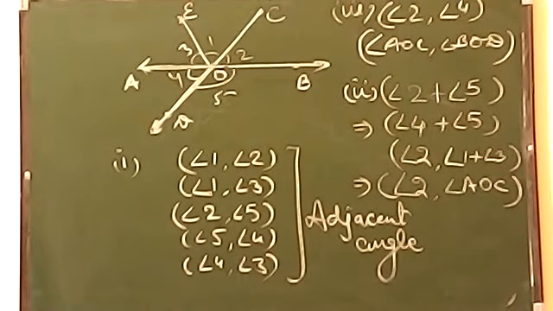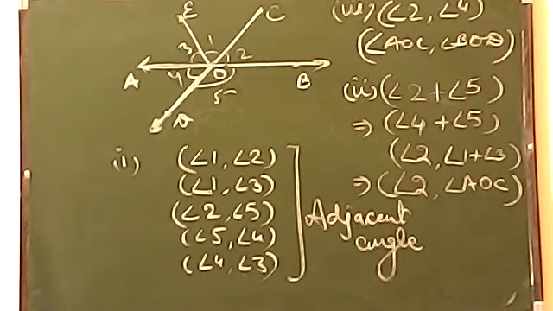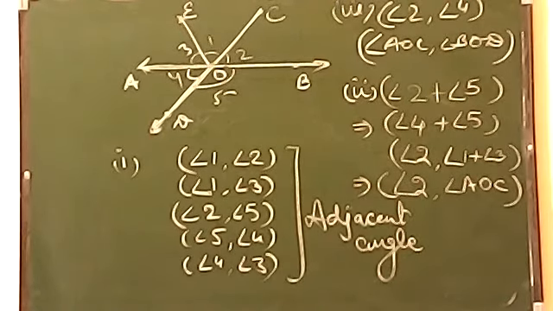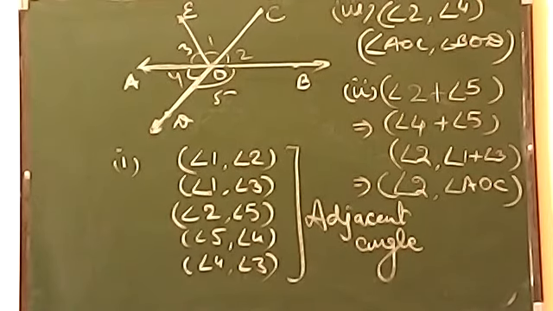Now the second question, that is the sixth one, is telling to find out the complement. So for complement, beta, you have to subtract from 90. So now it will be 90 minus 63. The first answer will be 27. Second one, 90 minus 81, which will give you 9 degrees. So these two questions are very simple. You have to simply find out the complement and supplement of both the angles.